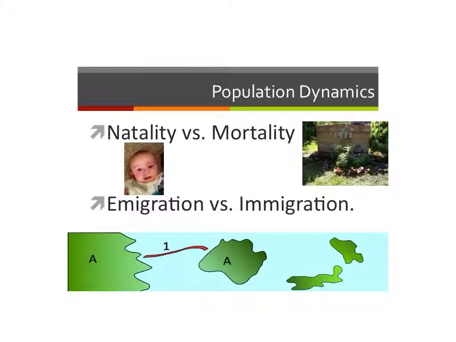The other two factors that affect population growth or decline are emigration with an E and immigration with an I. If we focus on population A on the mainland here, as individuals leave the main population, we call that emigration with an E. So emigration decreases populations, as opposed to immigration with an I increases populations, because it brings in